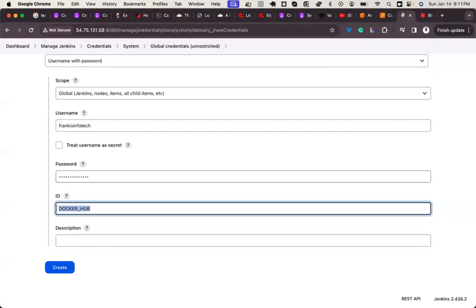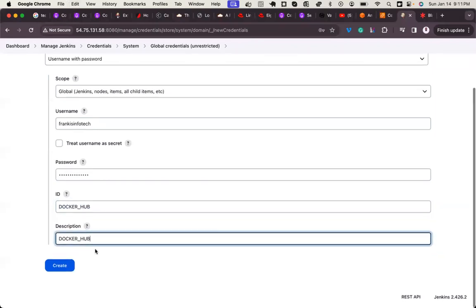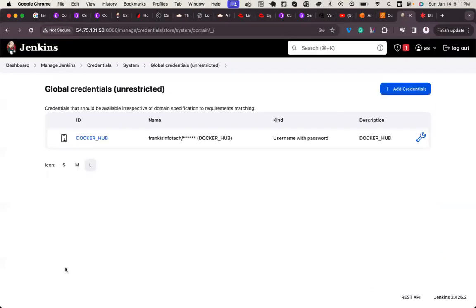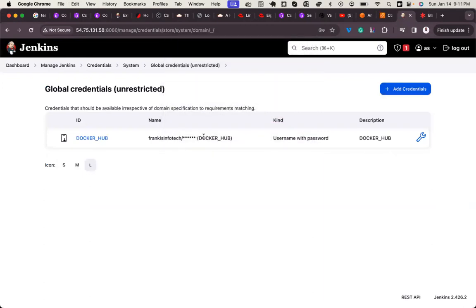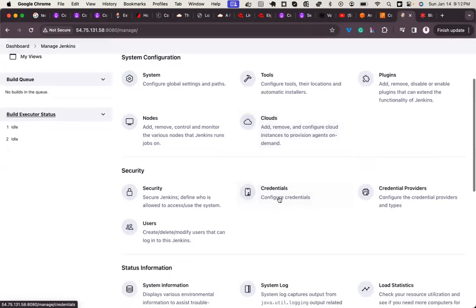Right. So now we have created this ID. Then the description, you can just give it anything. Then click on Create. So this is it. This is the Docker Hub credential. You can see the username and the password is embedded inside of the ID. So this is the ID you will use as the variable name. Okay, great. So this is how you, let's go back to Manage Jenkins. That's how you create